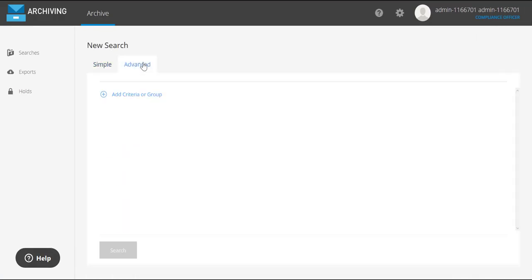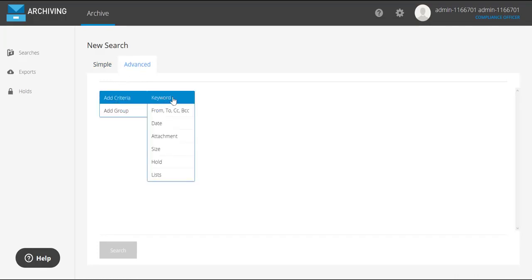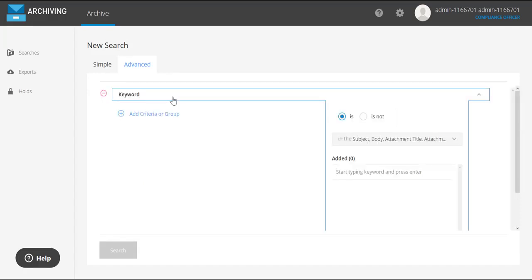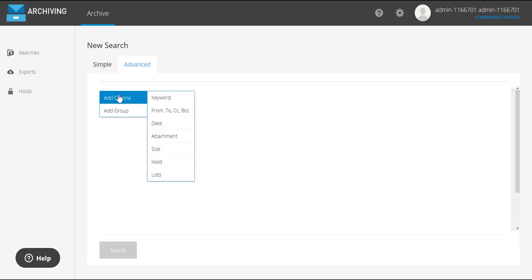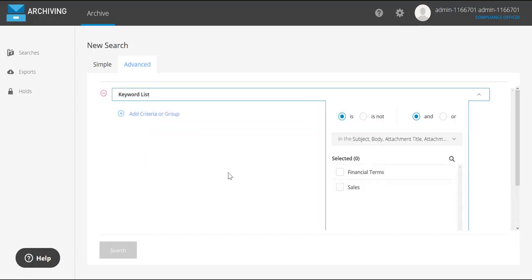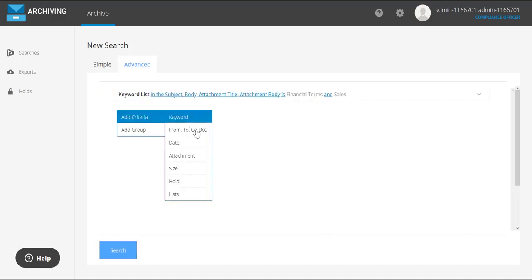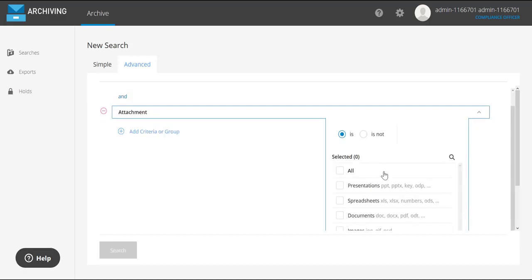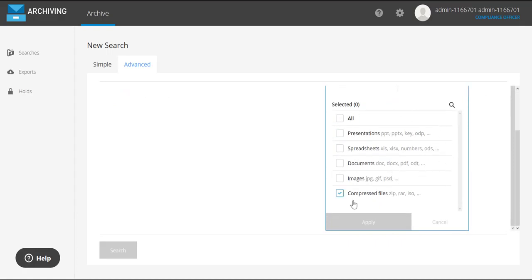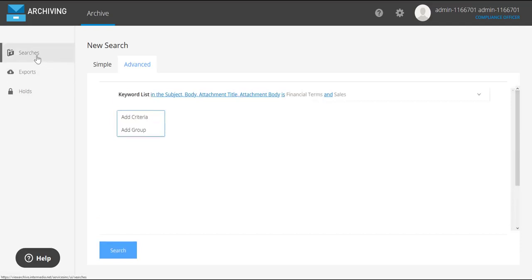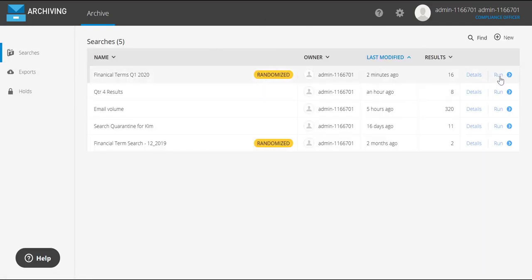If I click on new again, I'm also able to do an advanced search. And this is where you're going to be building the type of search that you want to use. So I may again select a keyword if I have another one, add another criteria group, and in this time I'm going to add it from my list. And here's that keyword list we've used before. I'll use financial term and sales. And then, as I could with the simple search, I can start to build this, but based on more criteria, attachments, and this could be specific types of attachments that you're looking for based on type. And if I had a group, run that search, my results again would be available here,